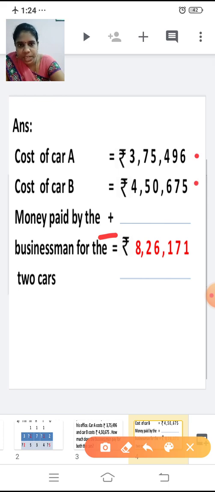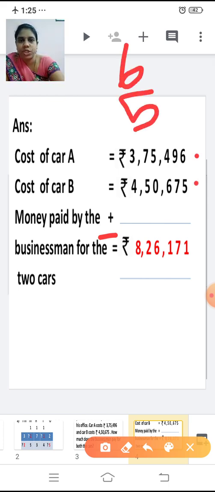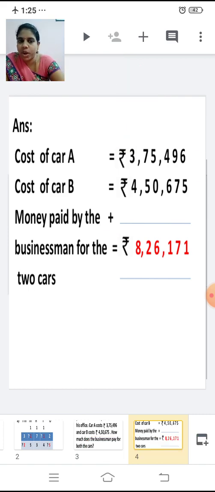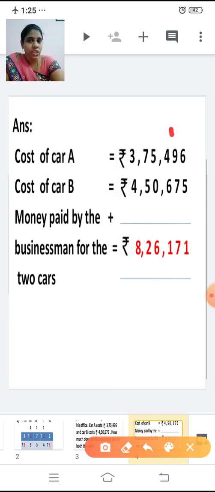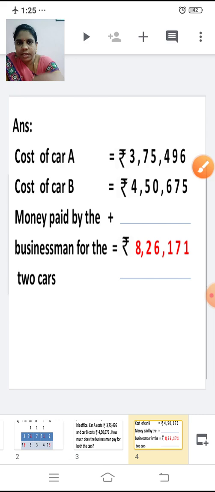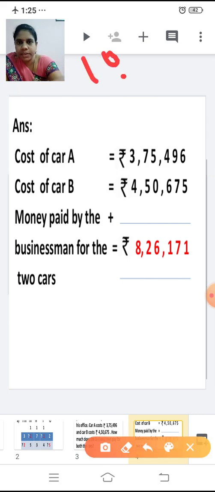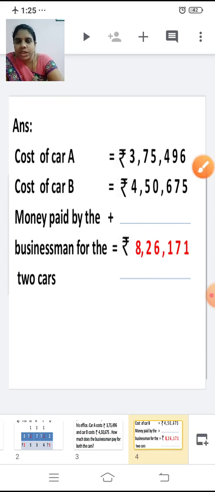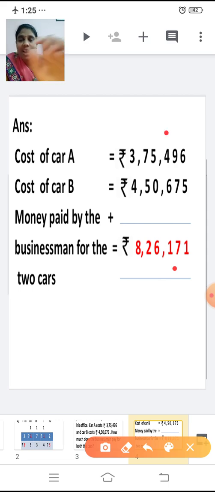First we'll add the ones place. 6 plus 5. With 6 I am going to add 5 more to it. After 6, 7, 8, 9, 10, 11. So 11. 1 I am writing it here, 1 I am carrying over to the next place. Shall we add the tens place? 1 plus 9 is 10. 10 plus 7, 0 plus 7 is 7 and 1. So 17, 7 I am writing it here, 1 I am carrying over to the hundreds place.